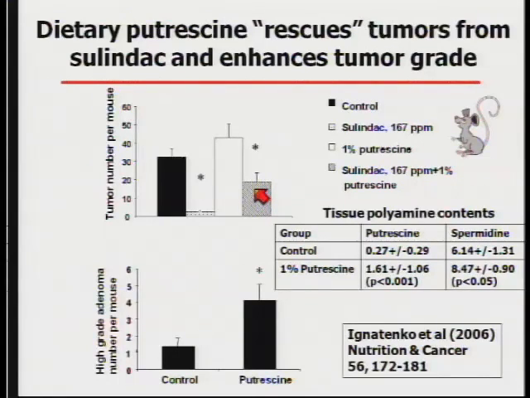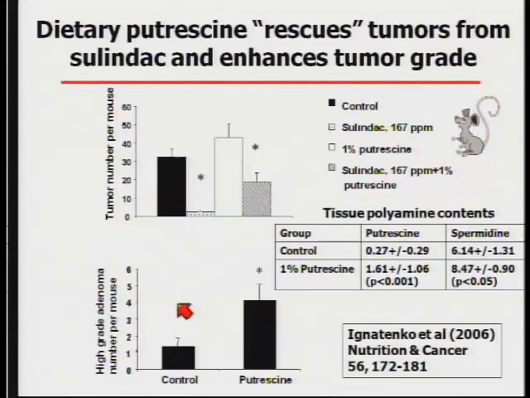This is the same kind of a rescue response that we got when we did this experiment in cell culture. And this just documents that the animals that were consuming putrescine had elevated putrescine levels, they had elevated spermidine levels. There was also an associated change in the adenomas that developed with a significant increase in the animals consuming putrescine in terms of their adenoma grade. Think back to our clinical trial in terms of the advanced adenomas and the multiple adenomas.